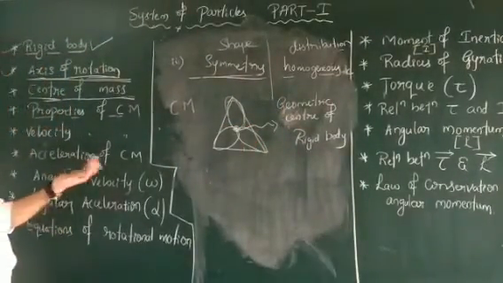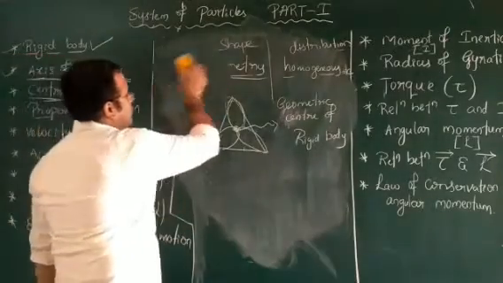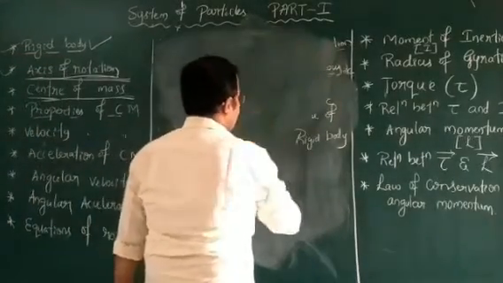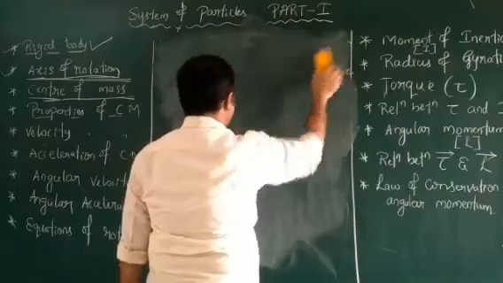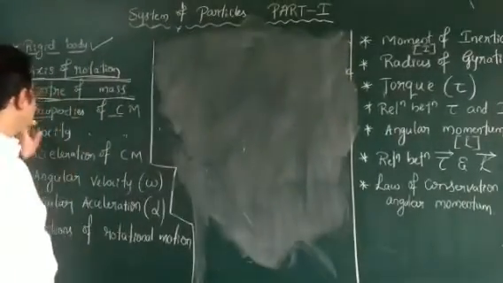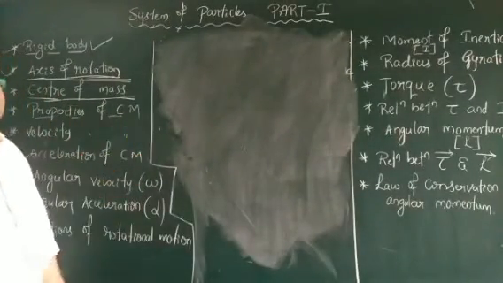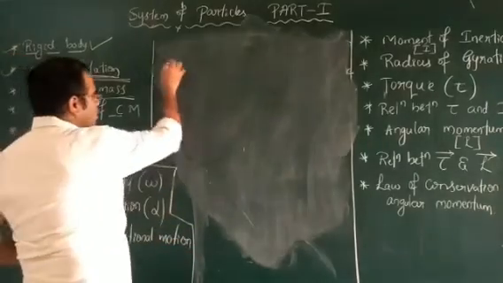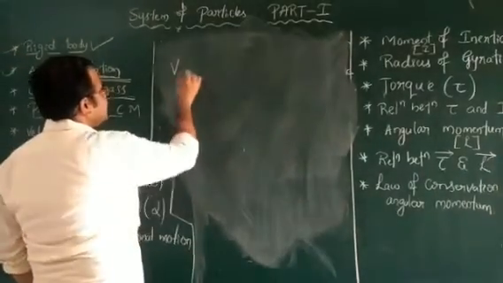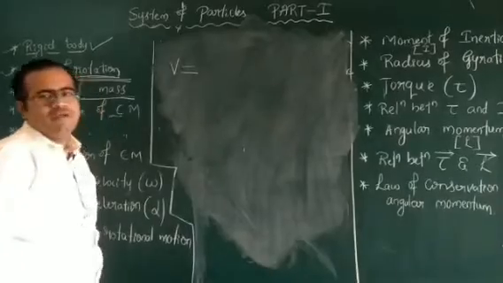So this is one of the properties of the center of mass. Next, after getting the properties of the center of mass, now we are going to observe the velocity of the center of mass. When we have the velocity of the center of mass, that is given by